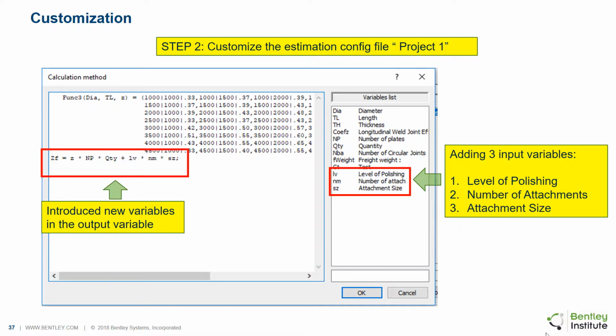This will add a level of polishing variable denoted by the symbol LV, which can be used as an input variable in the calculation function. Likewise, the other 2 variables, number of attachments NM and attachment size SZ, are also entered. Finally, the equation is modified reflecting the introduction of the 3 new variables in the output variable, ZF or the